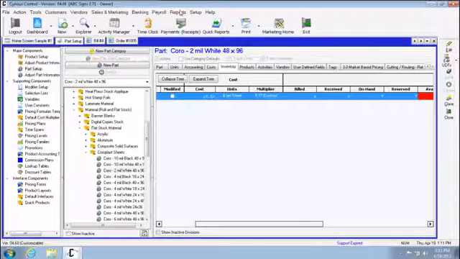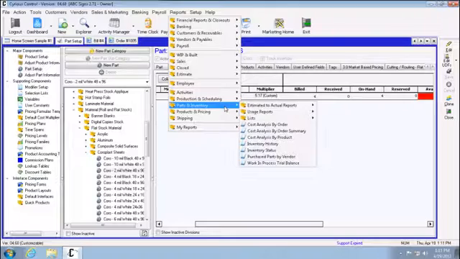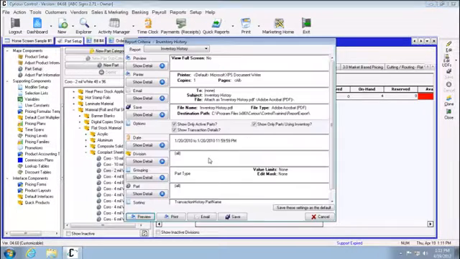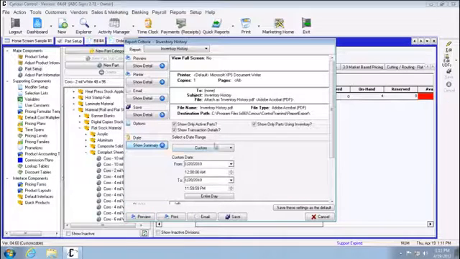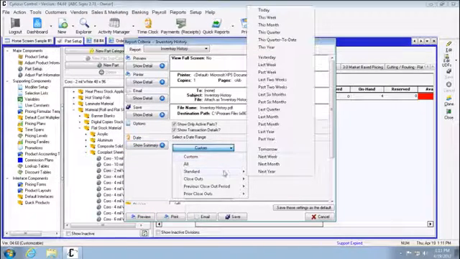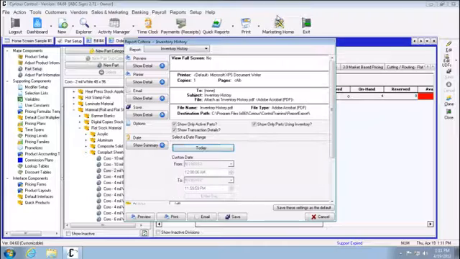All right, some of the reports that go along with inventory can be very beneficial. We'll pull up the inventory history first. Since this is a new system and there's not much data in it, I'm just going to use today for this example. And you see you have a couple options here: show only active parts, show transaction details, and show